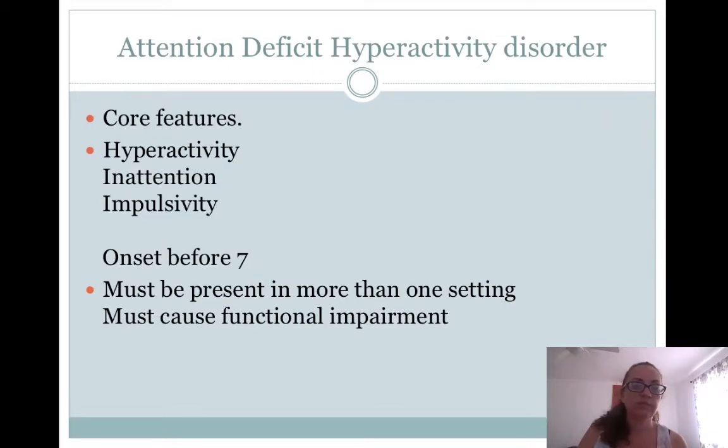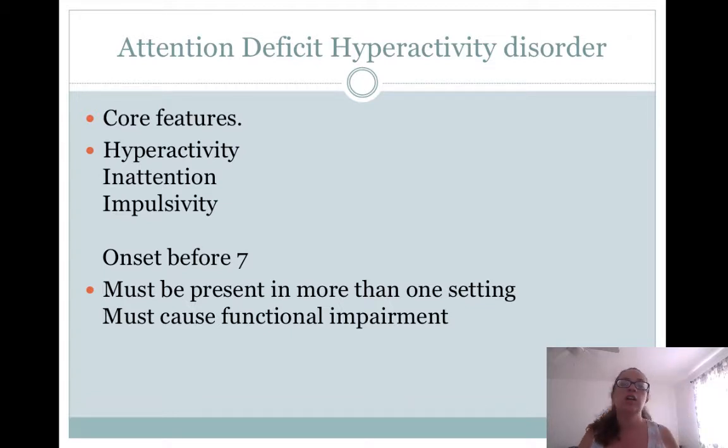So what are some of the features? Hyperactivity, meaning lots of energy, inattention, impulsivity. Lots of energy, inability to control yourself, inability to focus. Really, when we talk about a brat, not that that's a psychological diagnosis, but this is really sort of what we're talking about. The kid that can't stop, they just go, go, go, they never calm down, they're always just wired. Now, those are the core features, but that does not necessarily mean a child has ADHD. Okay, that's not all it takes to be diagnosed with ADHD.